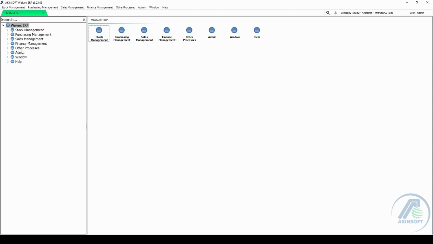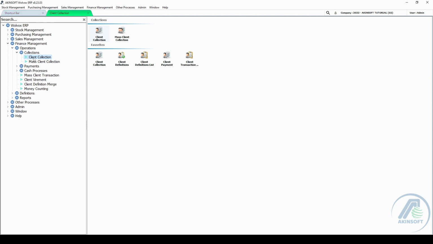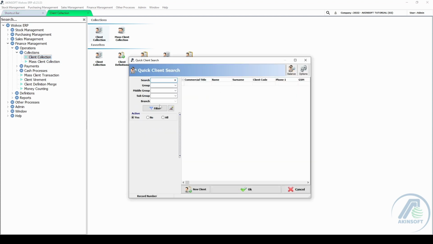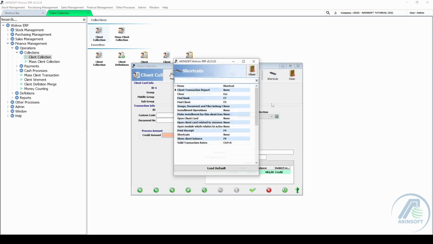For this, click the Client Collection button from the Collections sublist from the Operations list in the Finance Management menu. Make a filtering on the screen that opens and select the client or click the New Client button to create a new client. In the upper part of the window, there's a Shortcuts button where you can see and edit